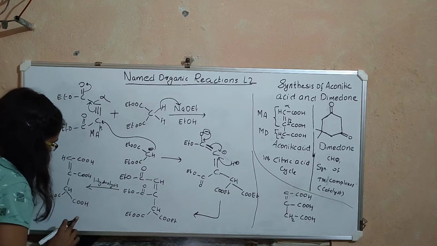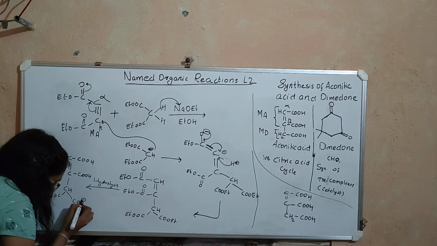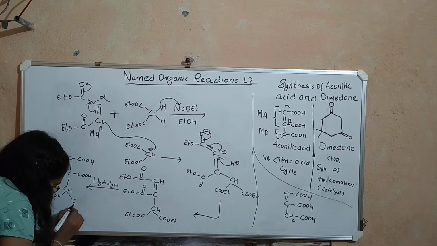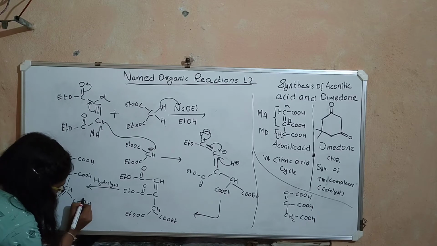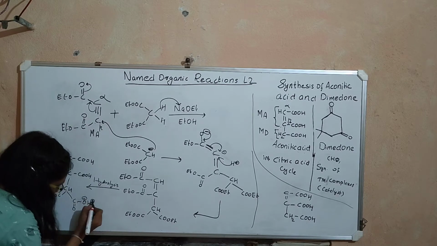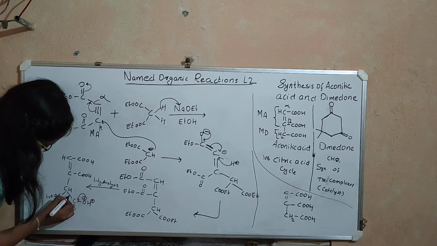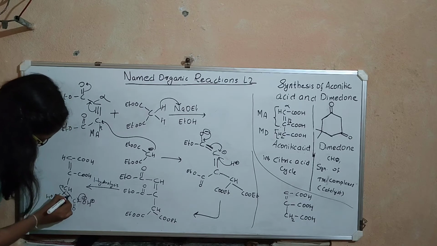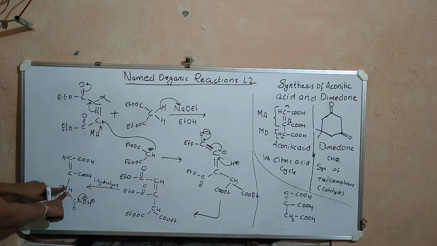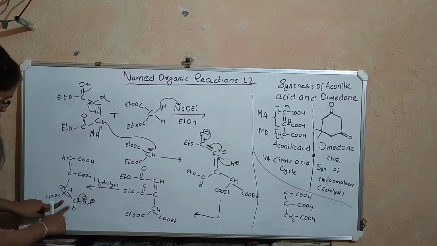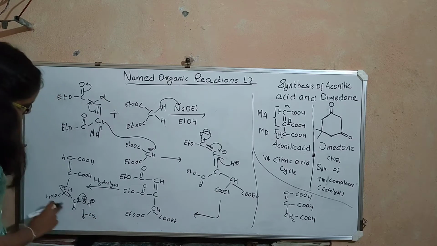See, on hydrolysis, decarboxylation takes place. I'll show you how. This acid can be written as C double bond O, OH. This group is C double bond O, O minus, and this proton is acidic, right? When this negative charge shifts here, this bond will be broken, and these electrons will be transferred to this carbon. Now this H plus will go and attack this carbon. It becomes CH2 and one CO2 will be removed. Okay. So minus CO2.